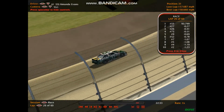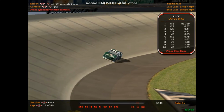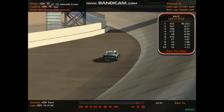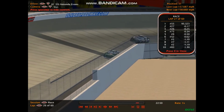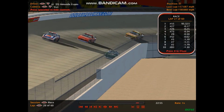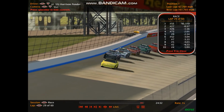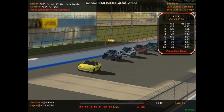And Amanda looks like she had problems there going into turn number 1 here. Her and Allison Rain just about got into each other right there, and apparently the 33 car with a mechanical failure, much like we saw with Colin Cropley earlier in this event, as well as Kyle Matthews, who we did not see have a problem under caution. So Amanda Evans' stalled machine will bring out the 3rd caution flag of the day, and we are almost halfway